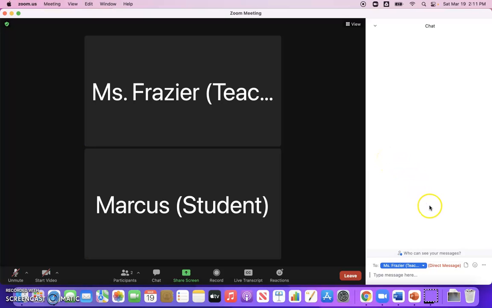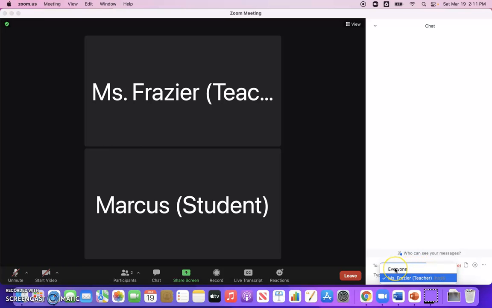You can see down here, it says who can see your messages, and then it says to. So whoever is in this blue box here, those are the people who can see a message when you send it. You'll notice often you'll have several choices.